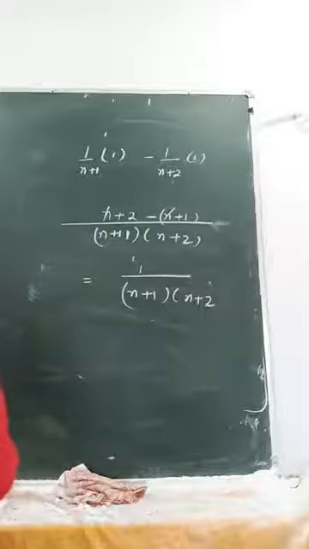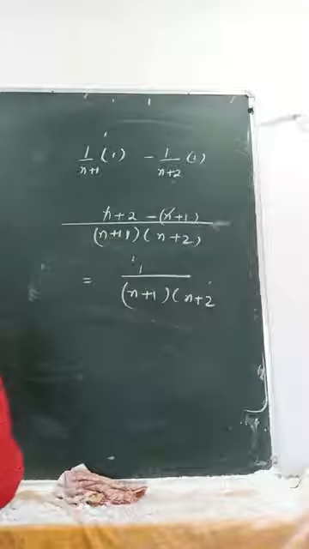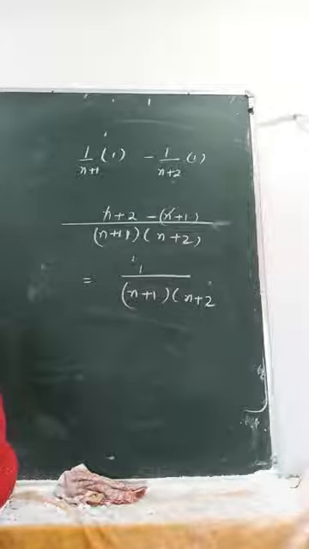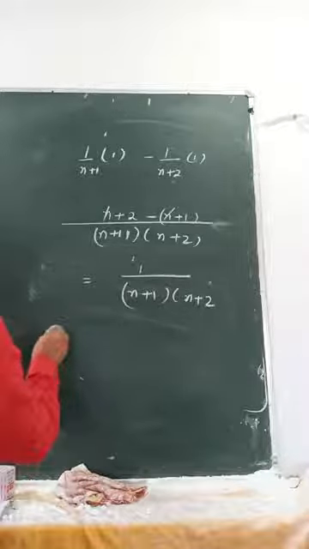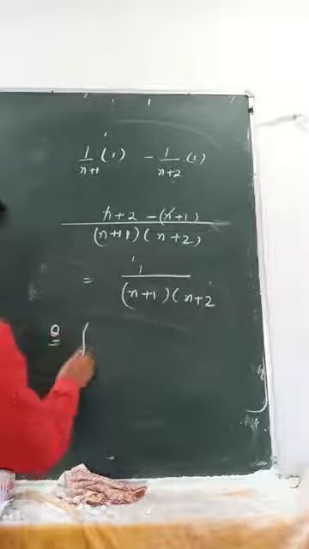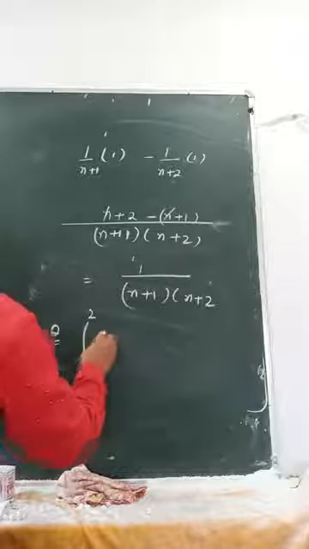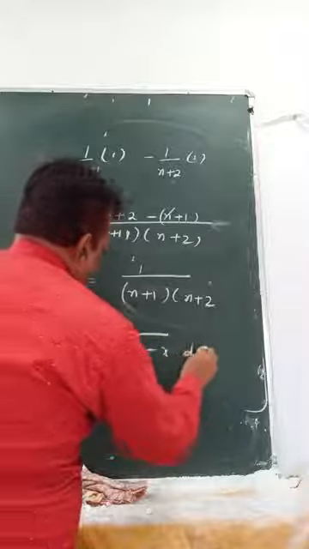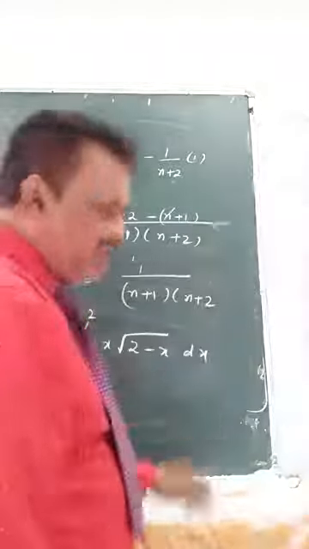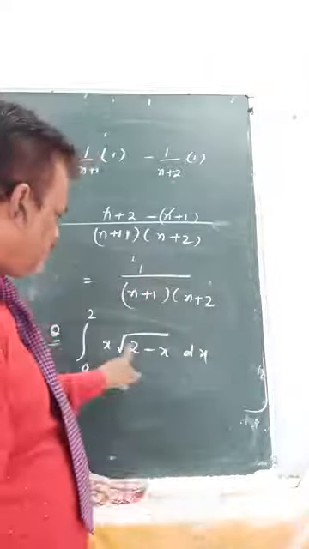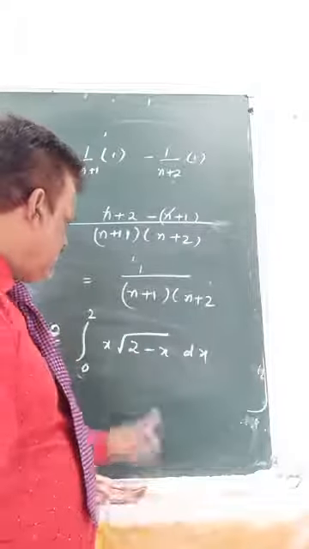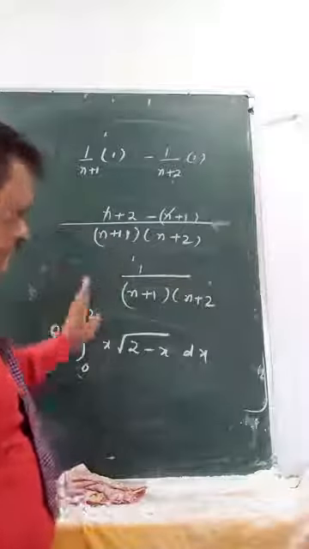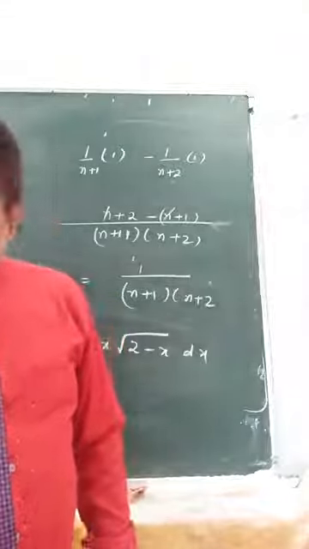So I will give a similar question to this, you will solve. That is also your textbook question. The question is integral 0 to 2 x into root of 2 minus x. Directly you cannot multiply, but if you use the property, it will be simplified. Try to use property here just like this. Okay, let's go to a new question.